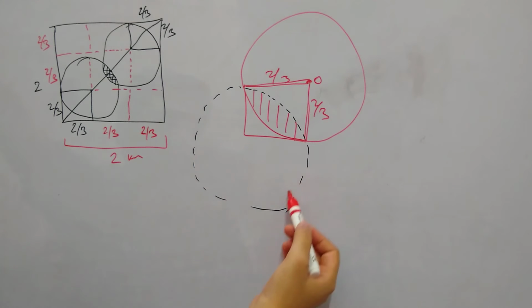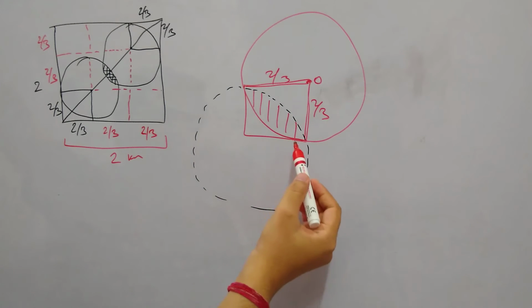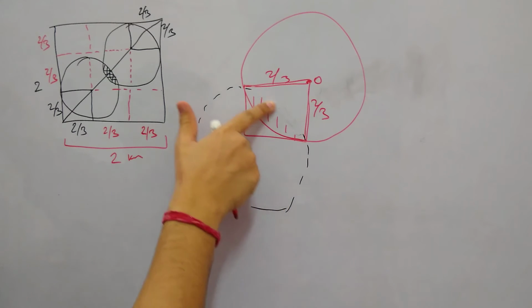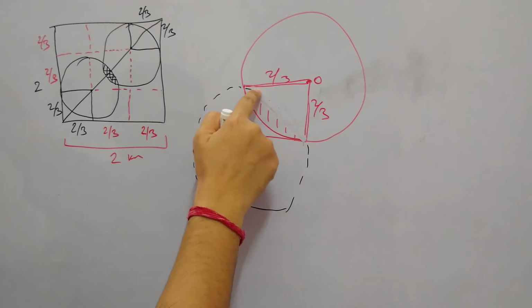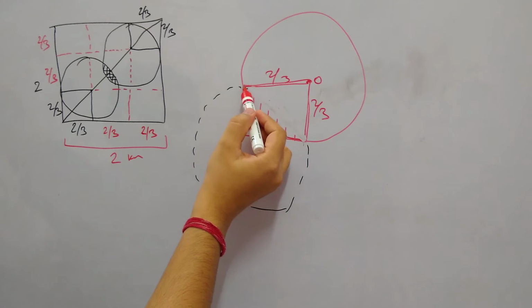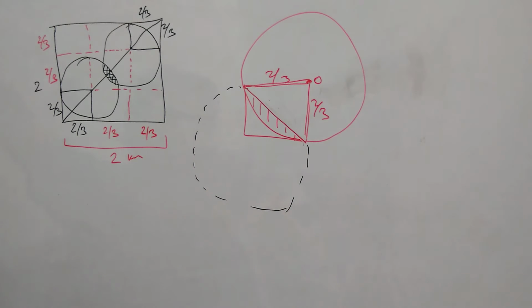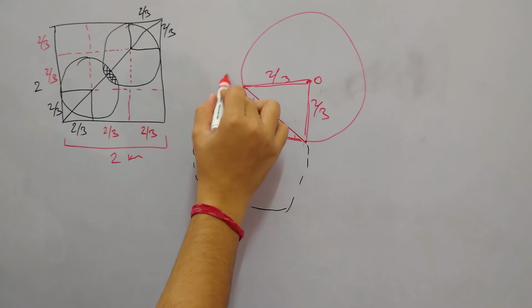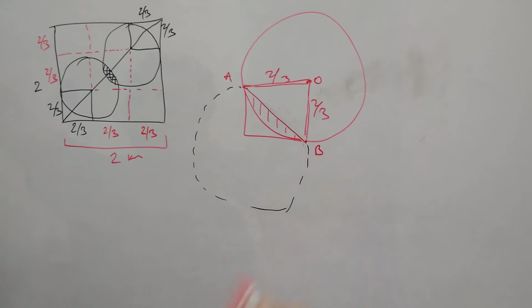For now, let's forget the other circle which is in black and assume we have just one circle. So I am just wiping it off. And if I draw a line joining these 2 points on this circle, let's name them, this is A and this is B, then